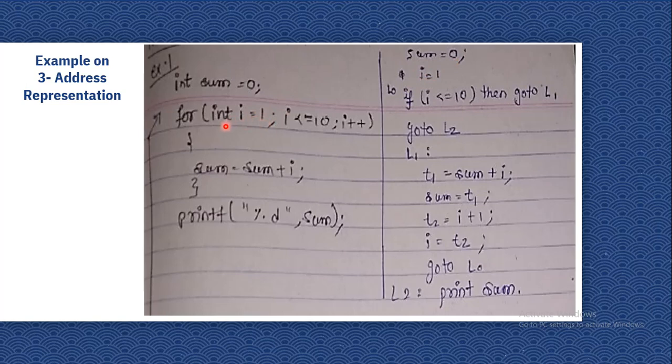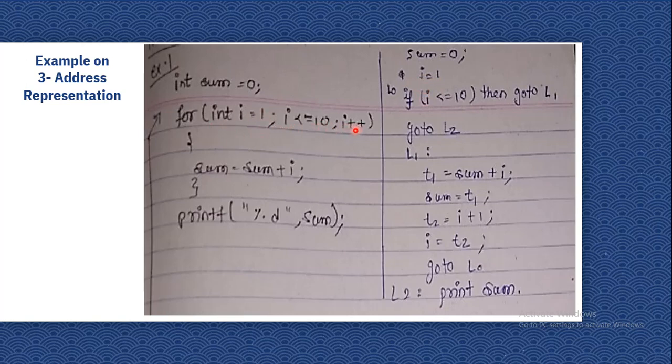Students, we need not represent the data type of the variable, because the data types are already parsed and stored in your symbol table. So I equals 1 means the value 1 is copied into I, so it is in three address format.